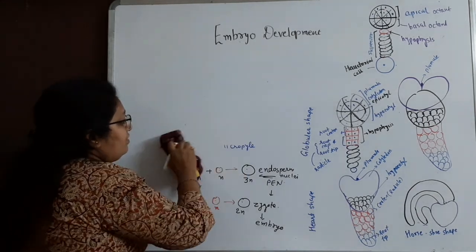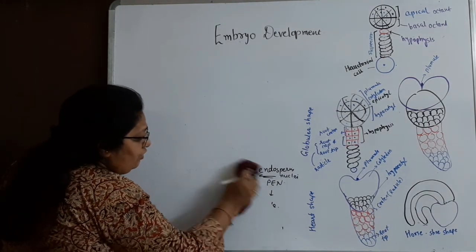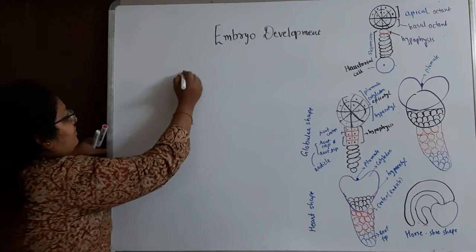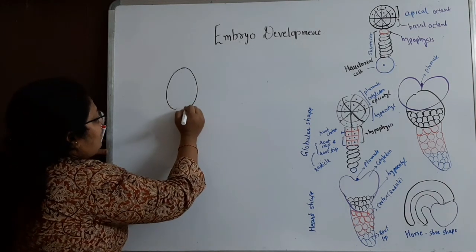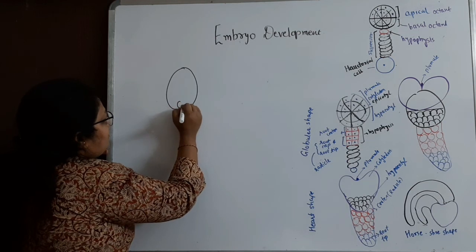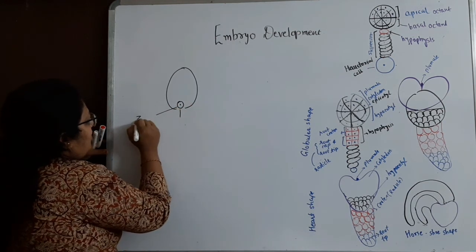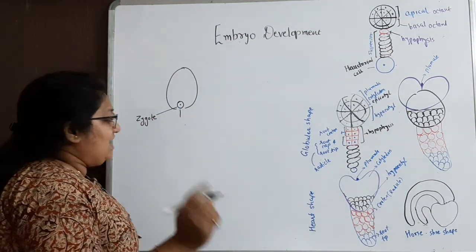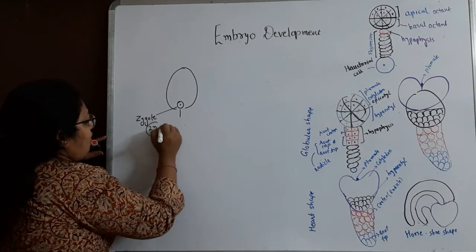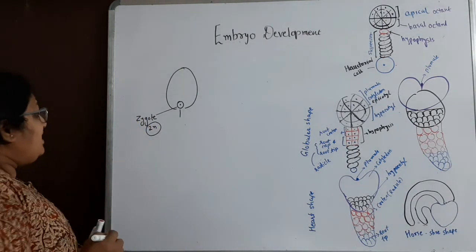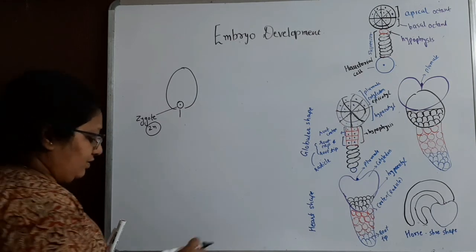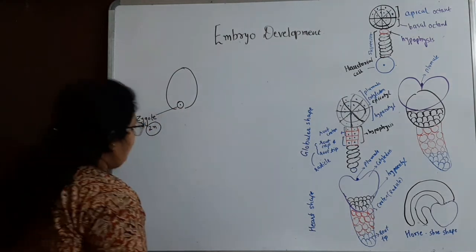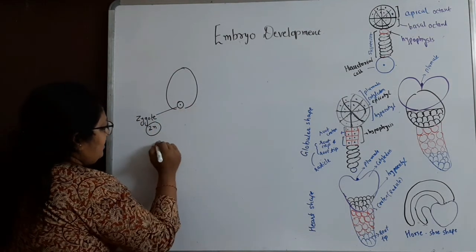Now let's see the embryo development, which occurs towards the micropyle. This is the zygote. The zygote is a single cell, but it is diploid. That zygote, which is located towards the micropyle, this zygote